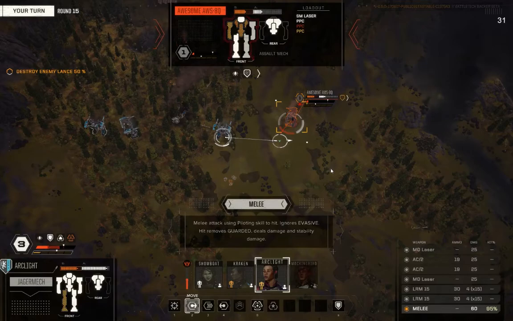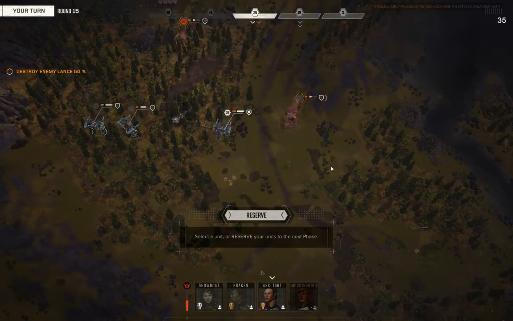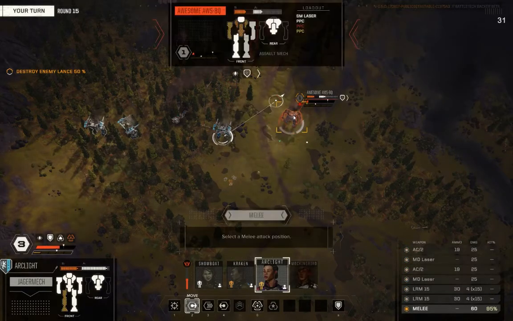95% chance to hit with a 60-point hit on... It's probably not going to kill it. Also, I got two to move before the Awesome goes. So there actually stands a fairly good chance that I can just kill the stupid thing. So